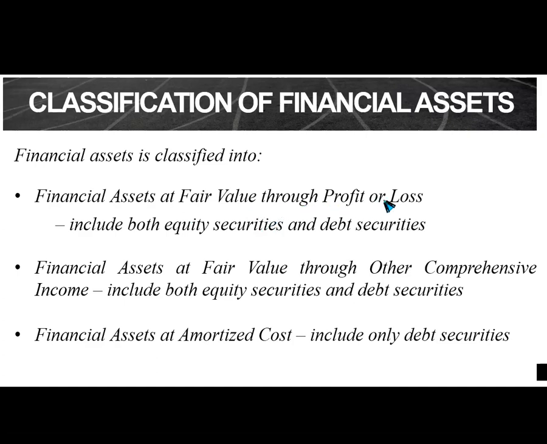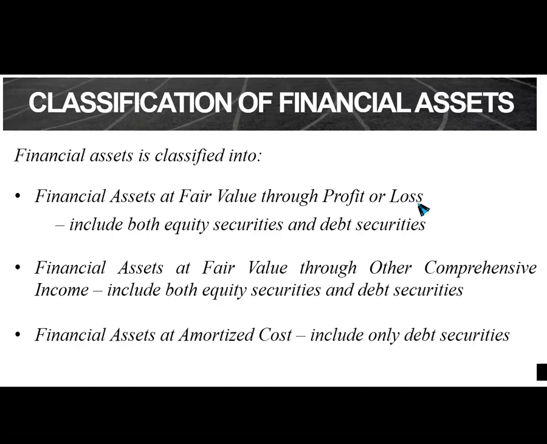Tapos itong line na to, itong through profit or loss, this is actually referring to ano yung ating gagawin sa changes sa fair value. 'Di ba kasi since ang financial asset mo ay i-measure mo at fair value, so there is a possibility that every reporting period magkaiba, or magpa-fluctuate yung fair value mo. So etong phrase na to, yung through profit or loss, this will tell us kung saan natin i-report yung difference ng fair value. So in this case, in the first bullet, ang changes ng fair value natin ay i-report natin